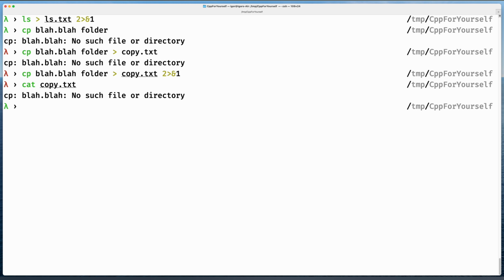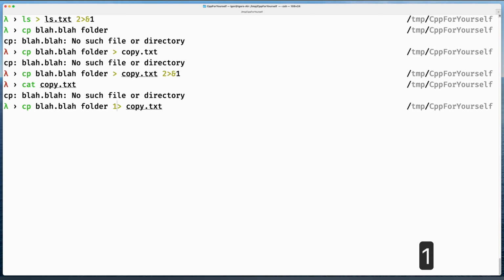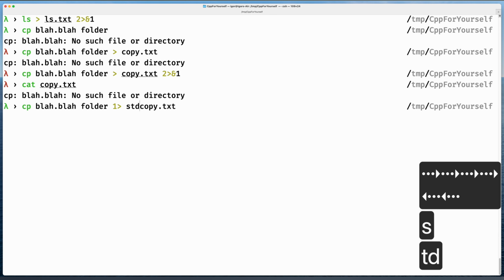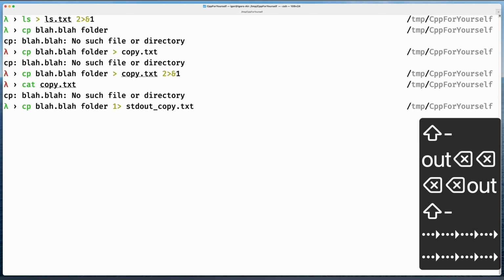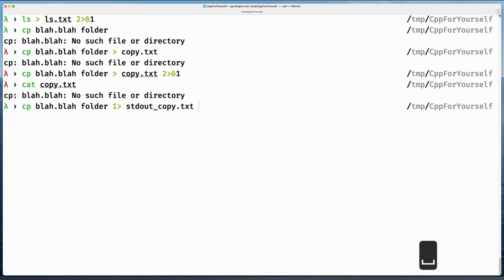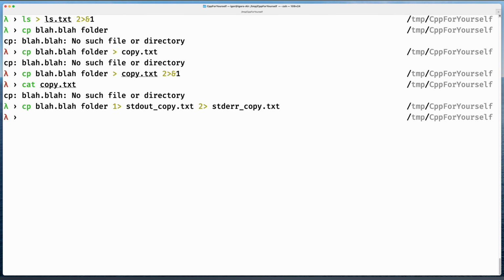And we can also do that separately, so we don't have to pipe them together, we can pipe them separately. So let's say I would like to pipe my stdout to stdout_copy.txt, and I would like to pipe my stderr to my stderr_copy.txt. So you see nothing happening, and if we now look at the cat of those, so the stdout_copy.txt